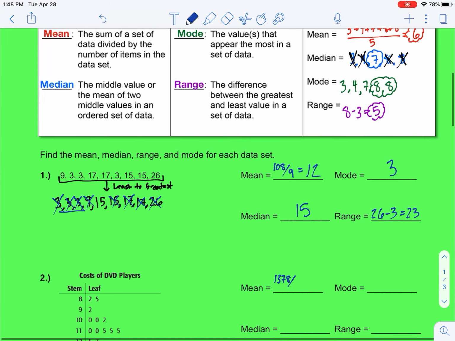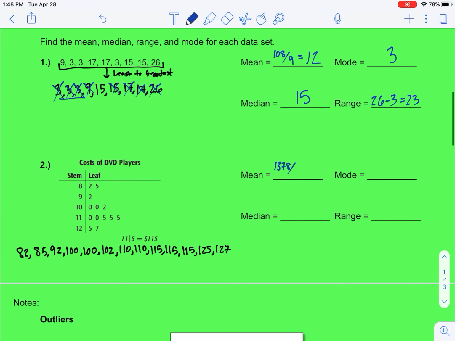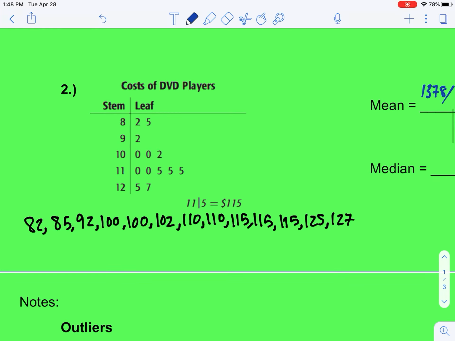Alright, I have one more example I'd like to show you. This time I have a stem and leaf plot. Again, we're going to want to order our numbers from least to greatest. I've already done that on the bottom. You can see my data set is 82, 85, 92, 100, 100, 102, 110, 110, 115, 115, 115, 125, and